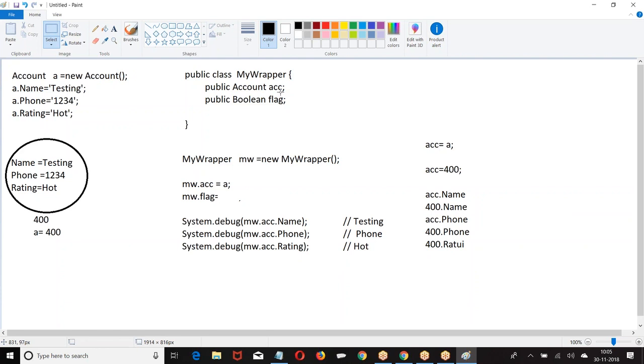It will become a new account only when I give equal to new account. It is only a reference variable. The class has two variables called ACC and flag. If I give equal to new account, a new memory location is created. If I give equal to A, it is referring to the existing location.